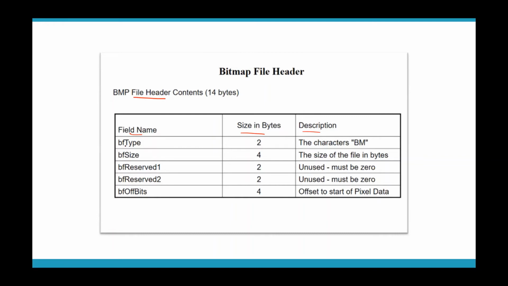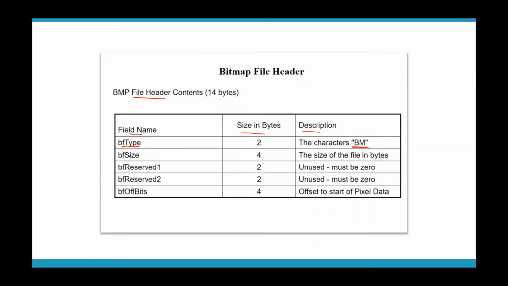It contains the file type, bitmap file type. In that field you have the characters BM, and BM stands for bitmap. So if some protocol or some device is examining this particular file header, it gets to know from this field that this is a bitmap file. That field has the letters BM, which stands for bitmap. So that is the first field, the file type.